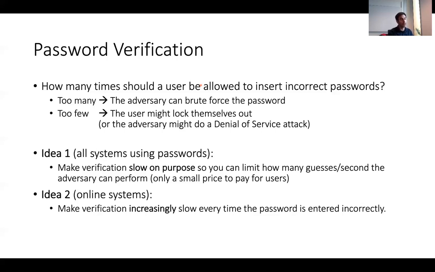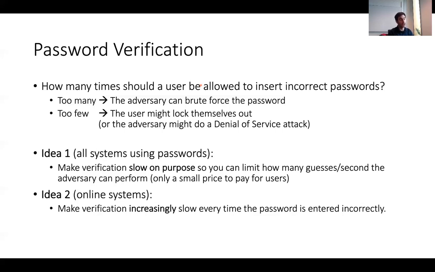So this idea of slowing down the verification process can be done in 2 ways. The first one, which can be used for any system that uses passwords, is to make verification slow on purpose. So simply instead of allowing one verification per microsecond, you allow one verification per second. This simply limits the number of attempts that an adversary can perform, which is a small price for the